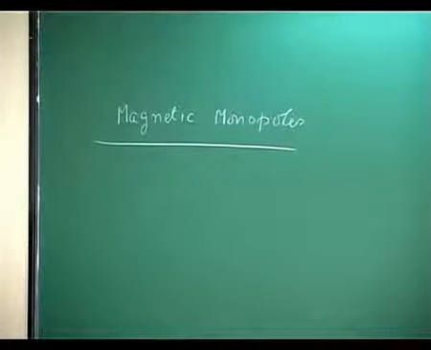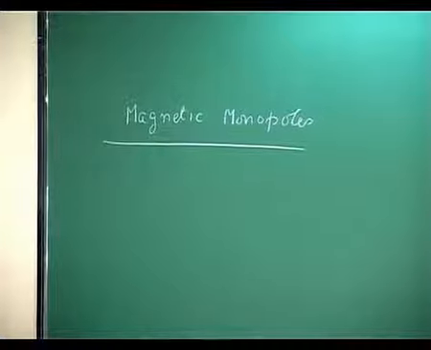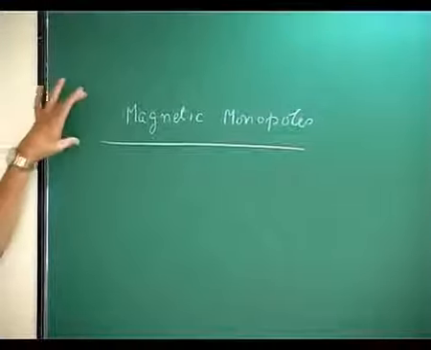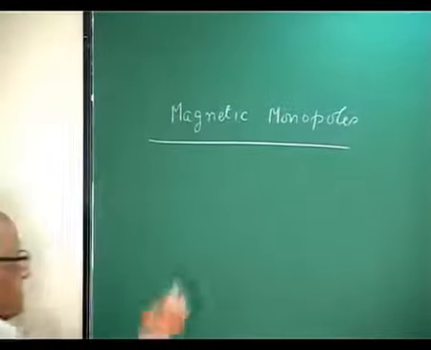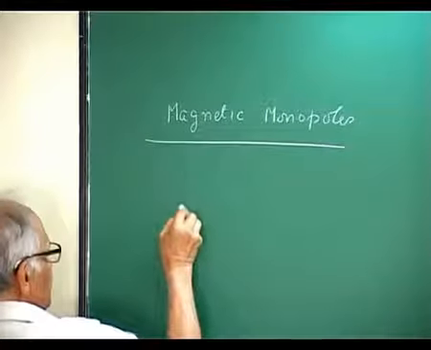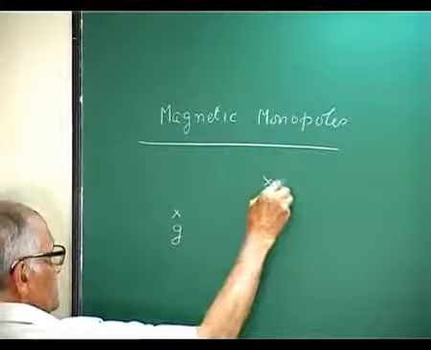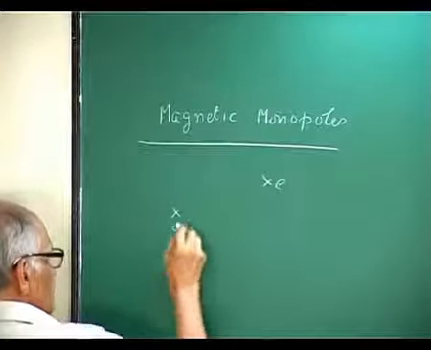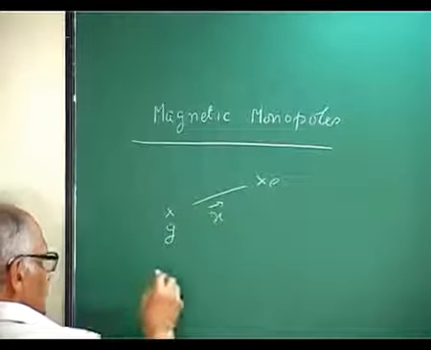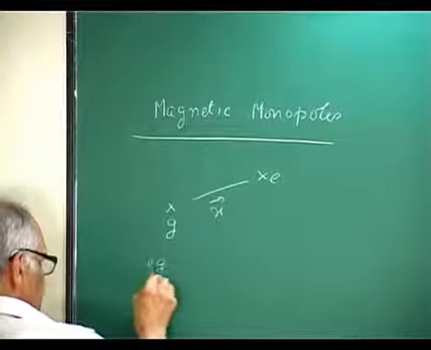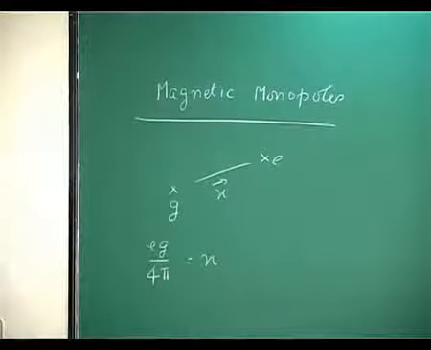So, what we want to do is to see how to treat this system from a Lagrangian framework. By way of notation, we have some, say, magnetic monopole, a charge G here, E here. So, you are looking at the relative coordinate x, and we are writing Eg over 4 pi is some n.